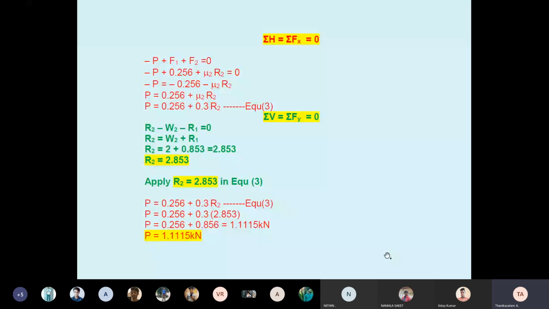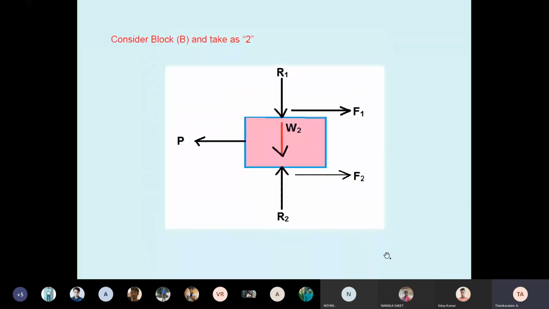Here you may have a doubt. Sir, how is R1 coming downward? See, that's why you think about Newton's third law. What is Newton's law? Every action has an equal and opposite reaction. Block B is touching block A on the upper side and touching the floor on the bottom side. The upper side reaction R1 is coming downward. Reaction is always opposite, toward the body. Because block B is touching upper, the reaction is downward. Similarly, block B touching bottom, the reaction is upward. So this is the concept of R1 and R2.